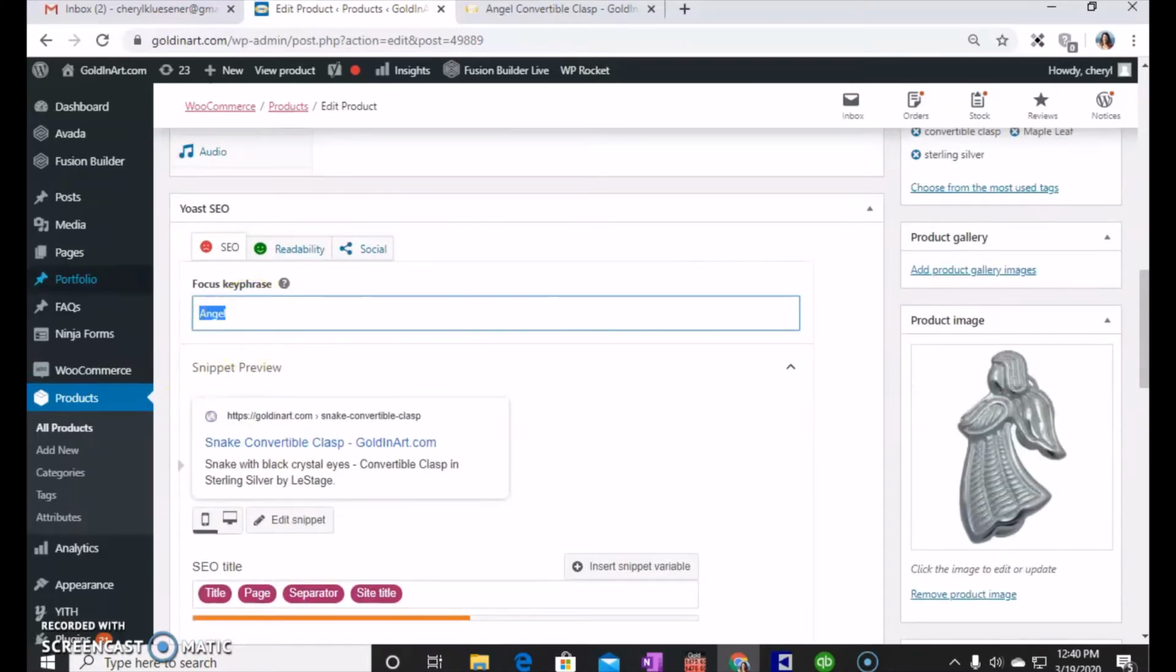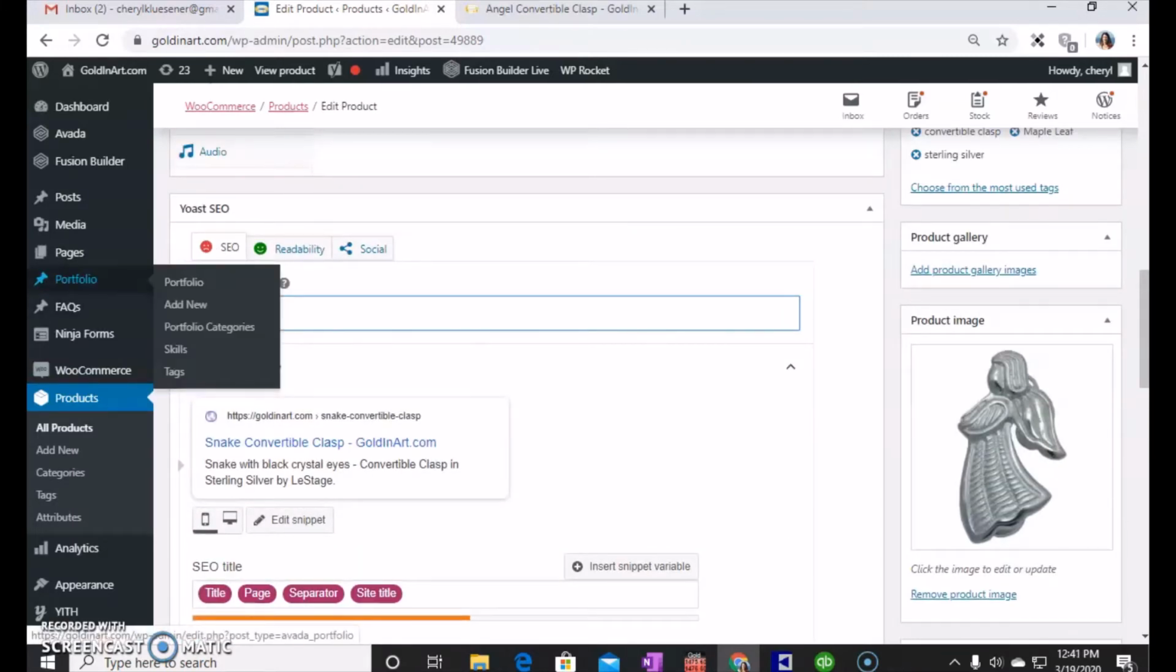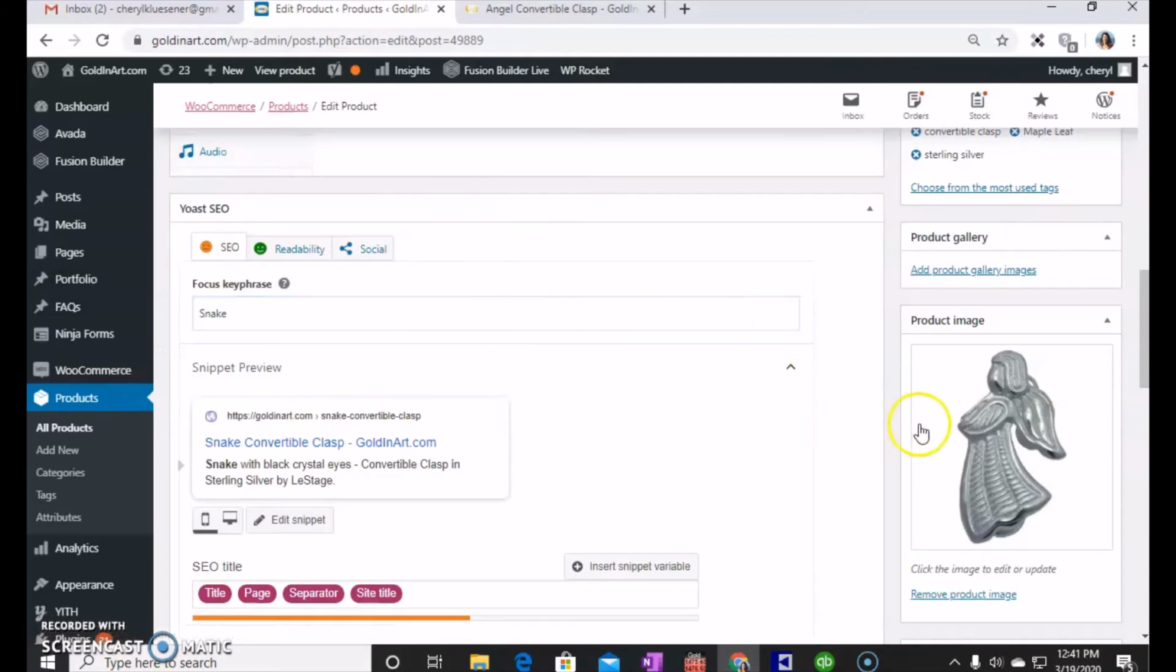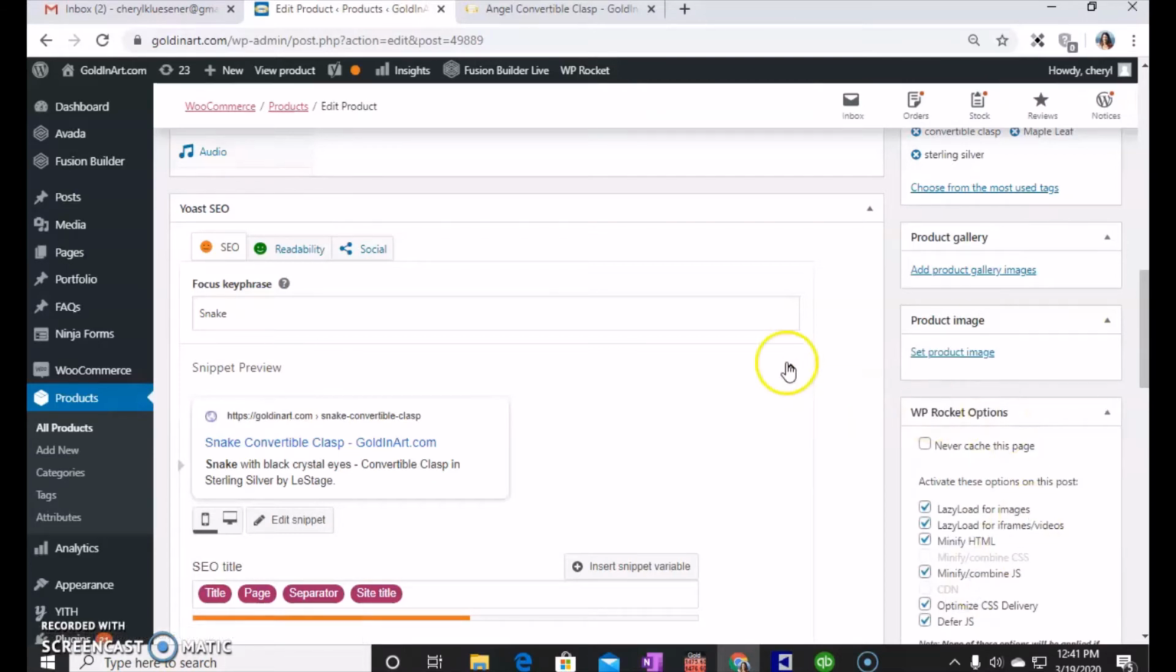The focus key phrase needs to say snake. Okay. So we need to remove this product image, which I can just click right here, remove product image. And I need to go get the right image. And it's not in our media base here. When I hit set product image,